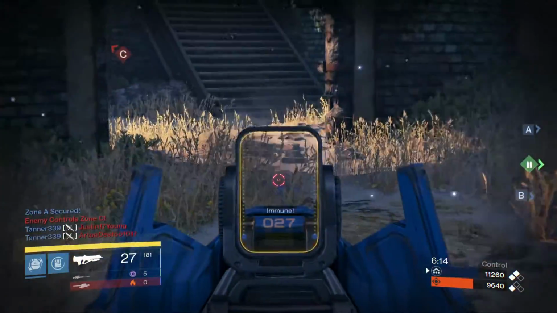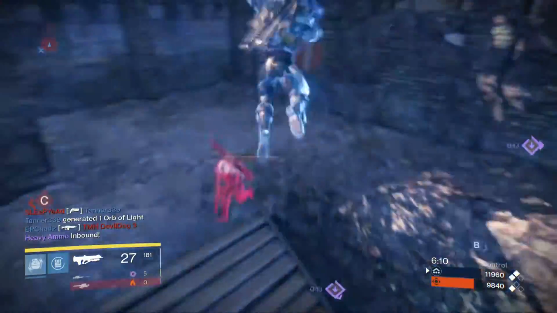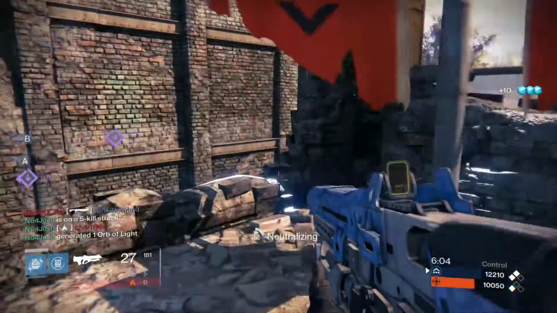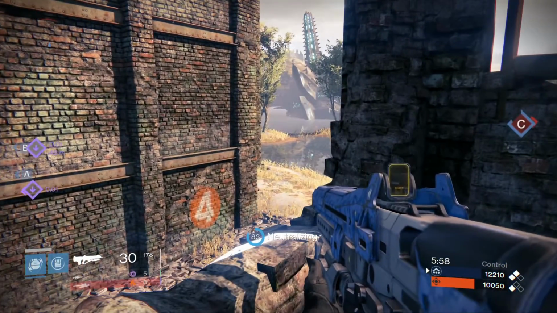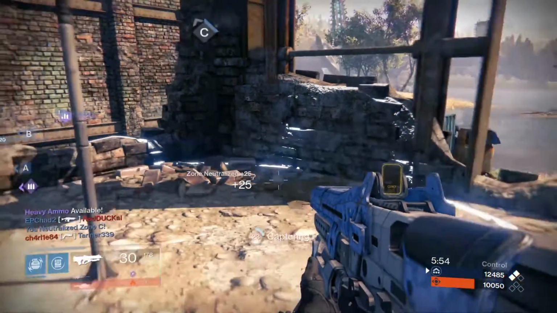I just get this nade out of here, and I'm going to go help him out. You're seeing bodies hitting the wall. So I just Titan smash this guy. I can see he's got his shotgun out, and I ain't having that. So while I'm doing this, you can see they're starting to take A. Then they stop. I'm taking C, but